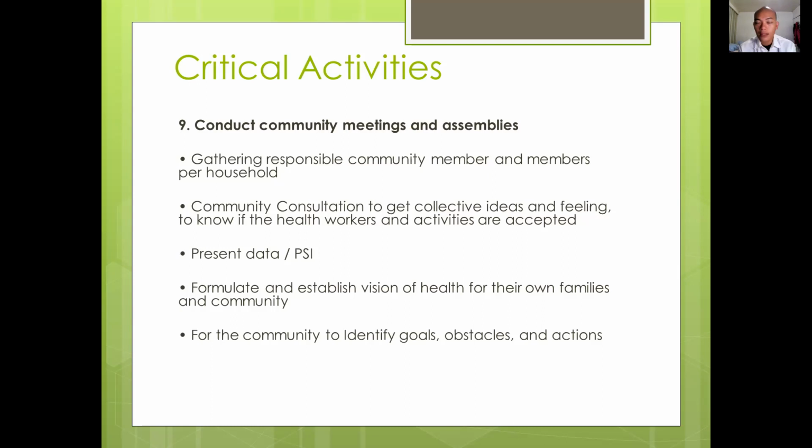Okay, so get all the important people in the community. It is also called your community consultation because you want to consult them regarding their opinion. Get collective ideas and feelings to know if healthcare workers and activities are accepted. So as you can see, this during the implementation phase siguro sa mga nasa 3rd week na siguro to. Okay, so gusto mo lang alamin